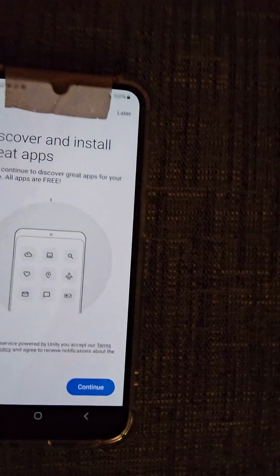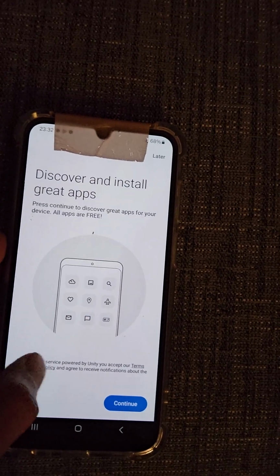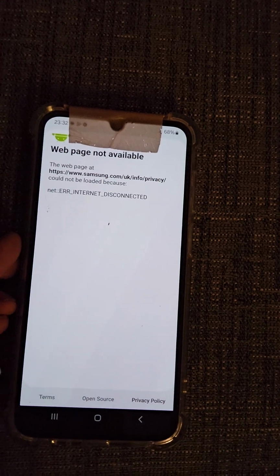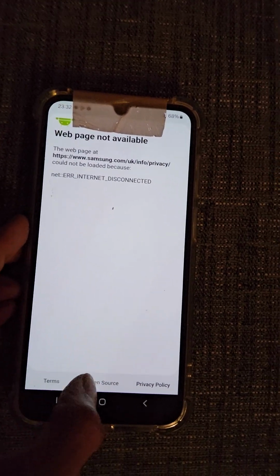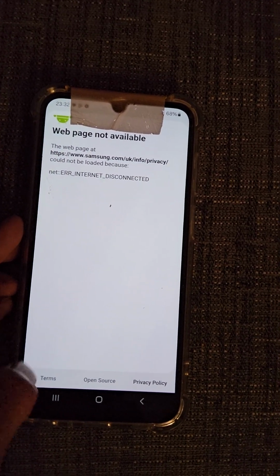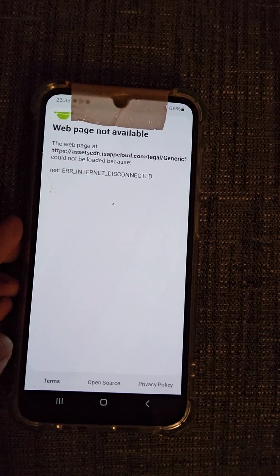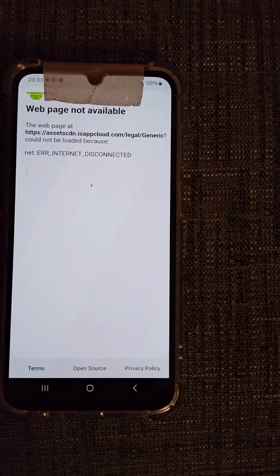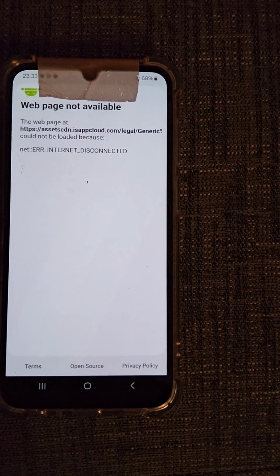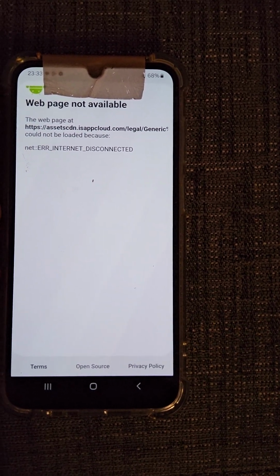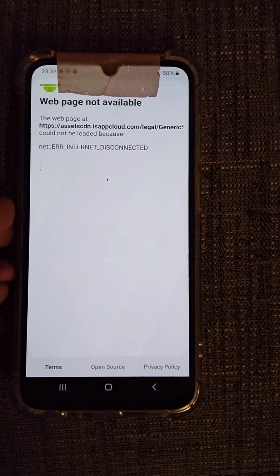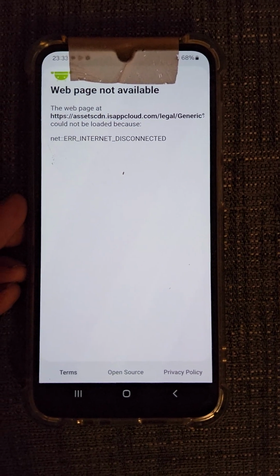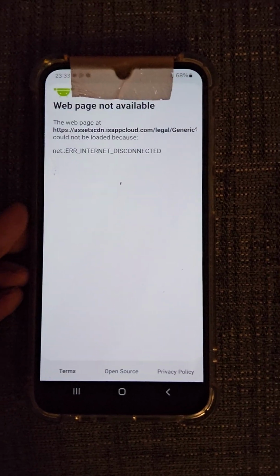Anyway, when we click on this, because the internet and mobile data are turned off, we go to privacy and see Samsung.com, so it appears to be a Samsung product. But if we go to terms, assets CDN dot isappcloud.com/legal/generic, right? That is the CDN hack they're doing to deliver malware immediately to the device, and this has